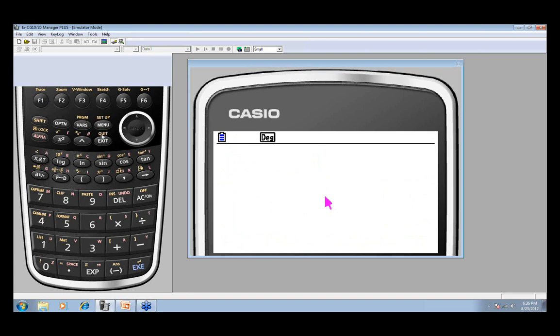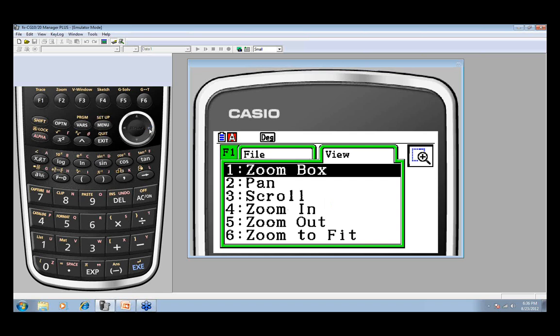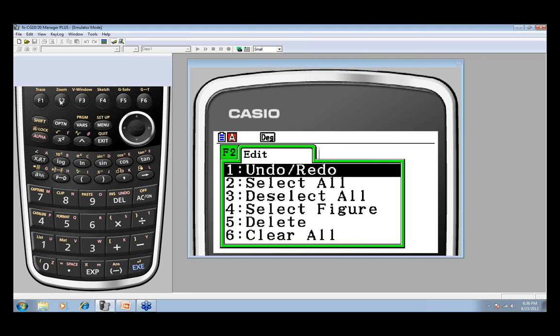While we're doing this, I want us to talk about the different things that the F buttons do under geometry mode. F1 is where you go to open new files. You can right-click over and see the different views that you can pull from that F1 button. F2 is your edit button. That's where you're going to undo, select all, deselect, clear.